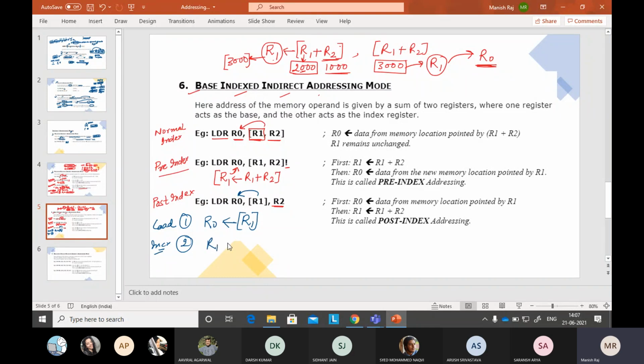The R1 will get the value of R1 plus R2 in the second time. So this is the load and increment thing. Two things are happening in the last type of post indexing. R0 will get the value of R1, and after that the increment will occur, that is R1 plus R2. So it is happening in base index